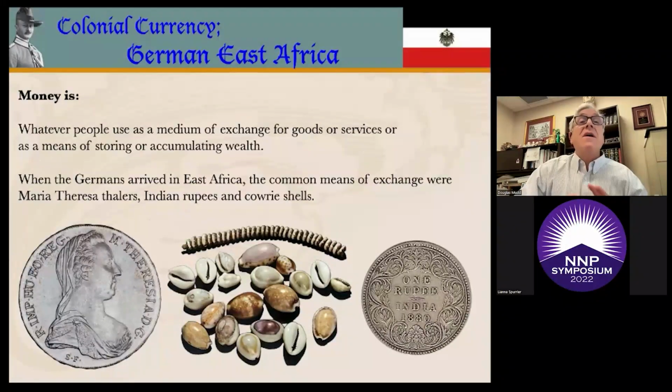Despite the presence of British missionaries and explorers, the British government showed little interest in claiming or colonizing the region due to its lack of valuable resources readily available and the hostile climate of its coastal region, combined with the diseases and the presence of the deadly tsetse fly in the central coastal and nearby regions, which basically meant that horses and cattle were pretty much not able to live in those areas because the tsetse fly was deadly to them. So British interest was restricted to suppressing the slave trade in the areas where they could reach along the coast and controlling the Sultan of Zanzibar, who was the nominal ruler of the region from his capital in Zanzibar.